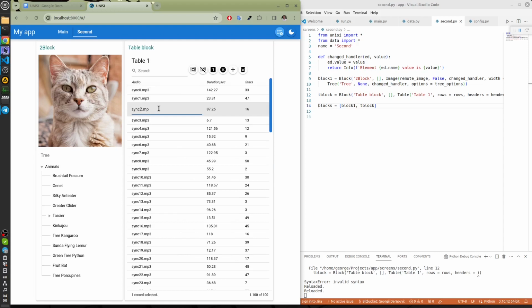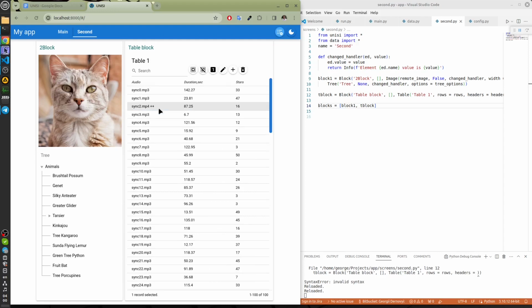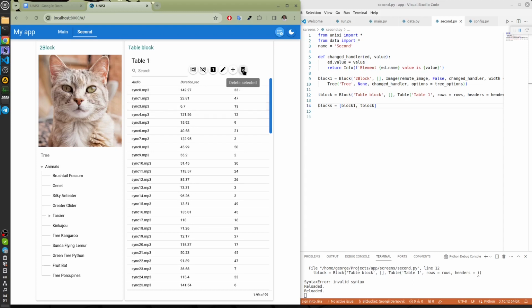We can also add or delete lines. Let's delete this line. Here we deleted it. It was also deleted in our table element. This deleted line is deleted also in the table rows.